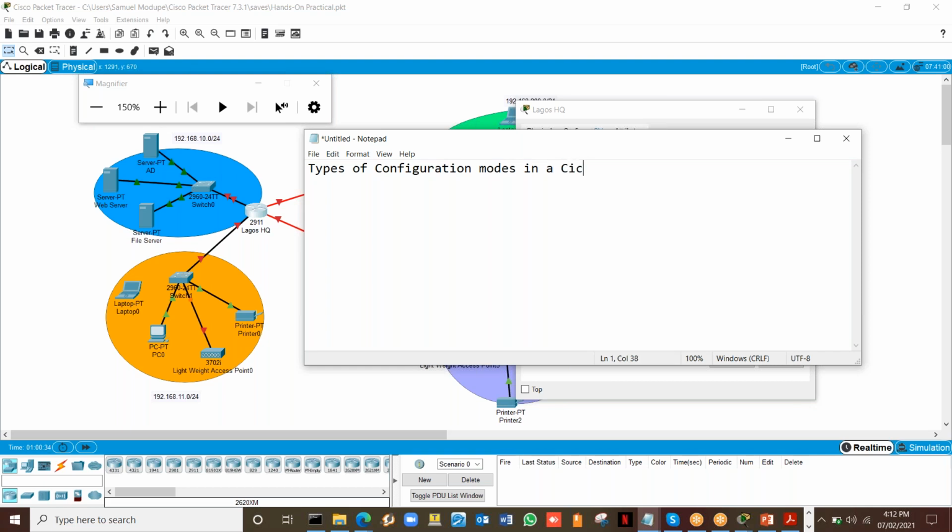Cisco IOS is the operating system, so whether it's a router or a switch, it is the same. The first is what we call the user